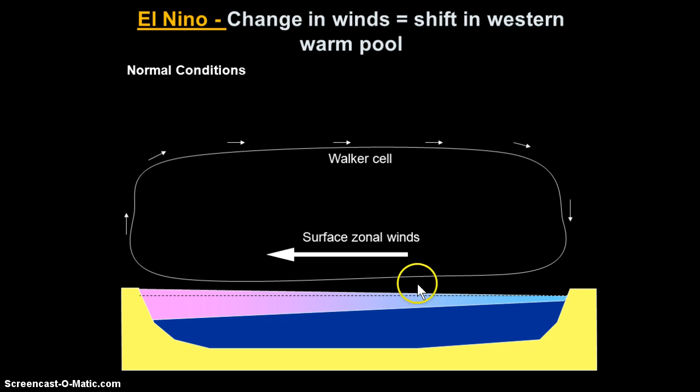And we set up this Walker cell, and what it does is pile up all the warm water over here in what we call the Western Warm Pool, right? Raises the sea surface temperature by piling it up over there, lowers the thermocline, deepens the thermocline, and warms the ocean as a whole in the surface over here. Over here it has the opposite effect, depresses sea level, raises the thermocline, and keeps this water cooler because we get an upwelling, right? Along the equator we get this divergence of water. The divergence causes upwelling, and when the upwelling breaks through the thermocline, we bring up nutrients and cause all this